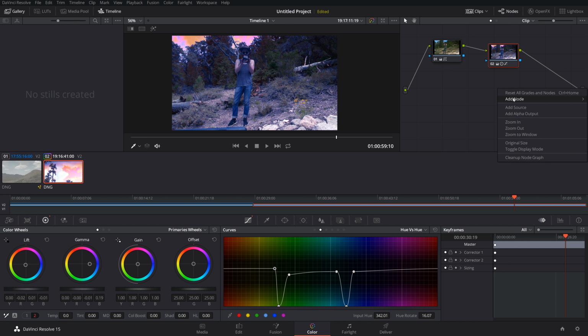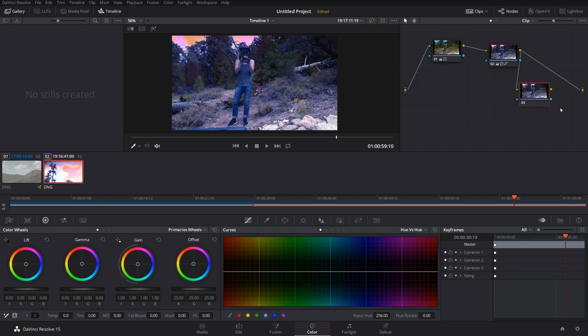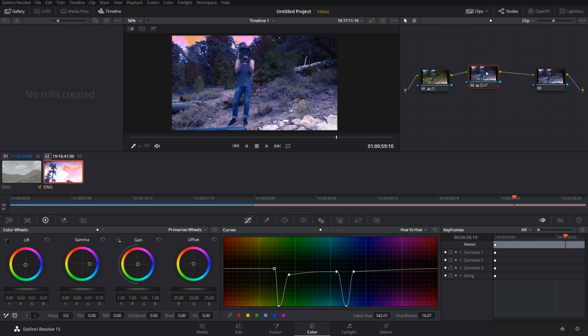So I'm going to go ahead and add a third node here. And again, I need to take my output here into this input and this output to the final product and sort of rearrange. Okay. And so now I can make a whole new set of edits here. So I'm going to sort of go for it even more. I'm going to start